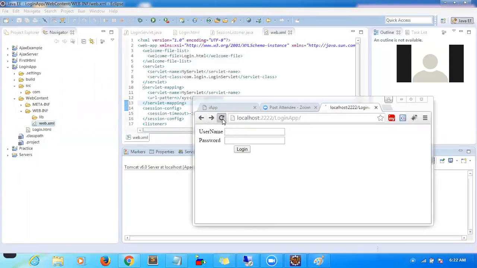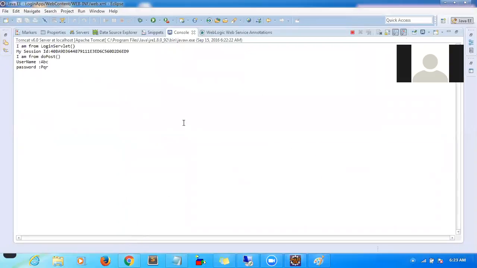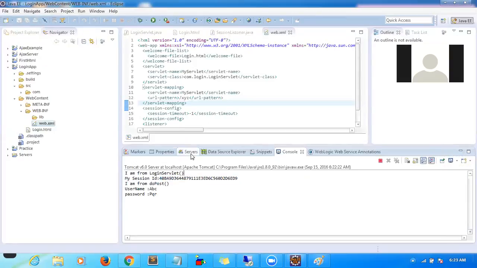Yeah, so this is our application, correct? Now let me add some username and PQR, some username and password, submit it. Now go to our page. Here this is the session ID that got created. Okay, now what is happening? I am not seeing the count.